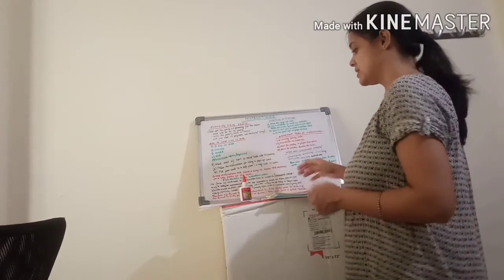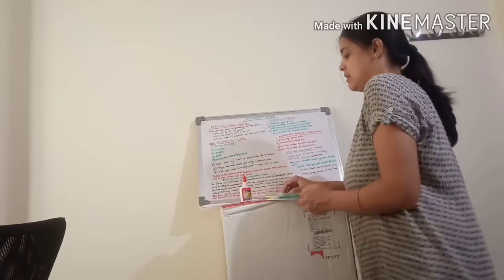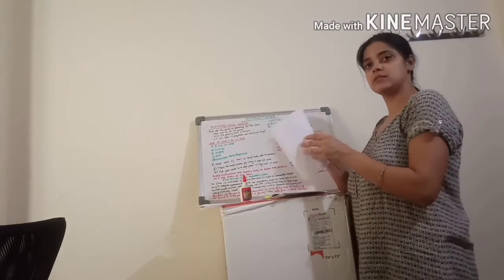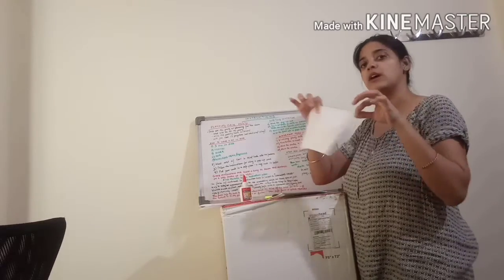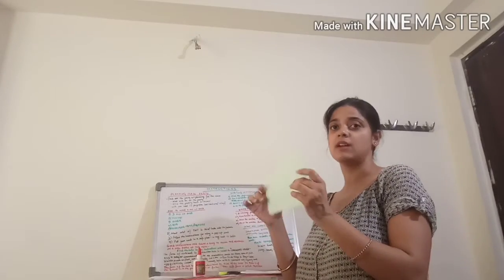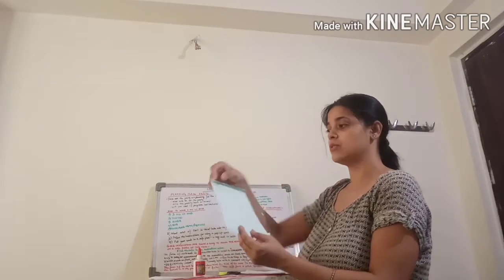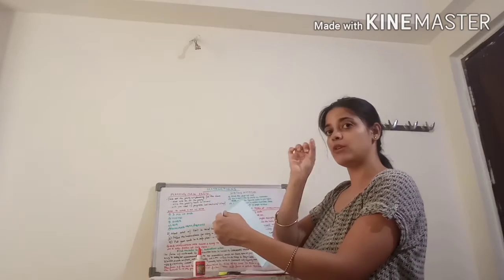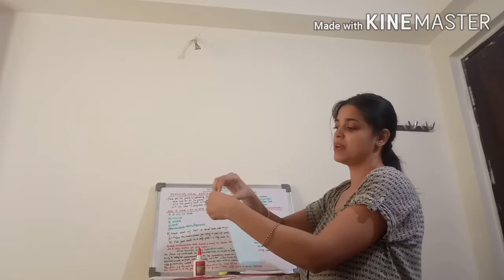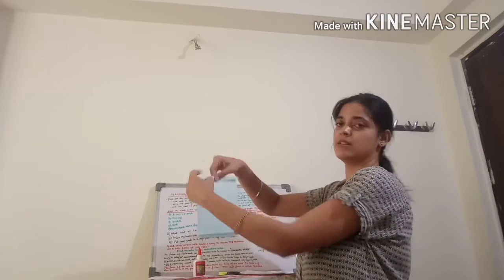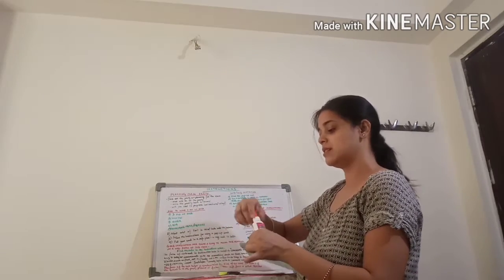Fine. First, see the chart for how to make this pop-up card. I'll show you. Take a card and fold it into half. Fine. Fold it into half. Keep it aside. Now take another card like this. Along its sides, take the ruler. You fold it from each side, the length should be 1.5 centimeters. Make a mark with a pencil or anything. You can simply fold it in both the sides. Okay, done. Then take some glue,